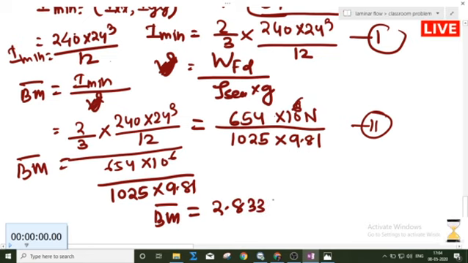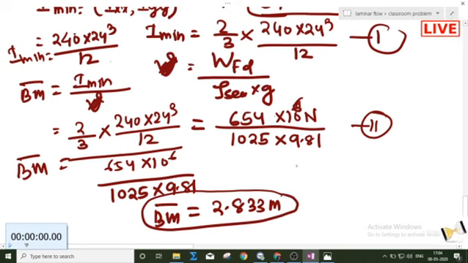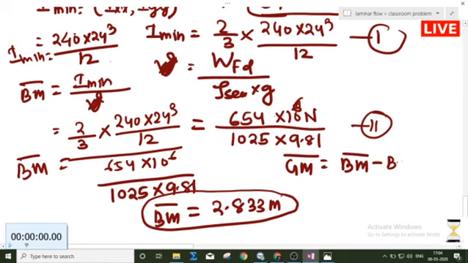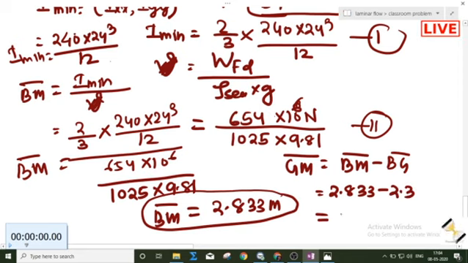This is 2.833 meter. This BM is 2.833 meter. Now we have to find out this GM, the metacentric height. This is nothing but BM minus BG. So this is 2.833 minus BG, how much is given? This is 2.3. So now this is 0.533